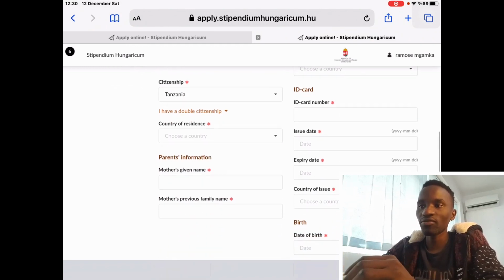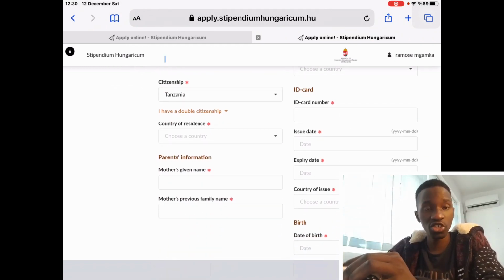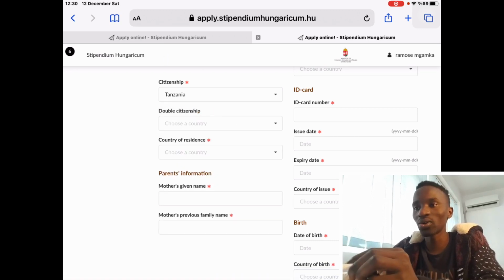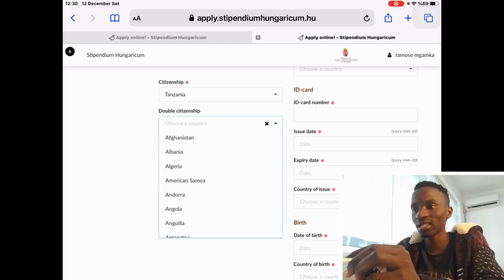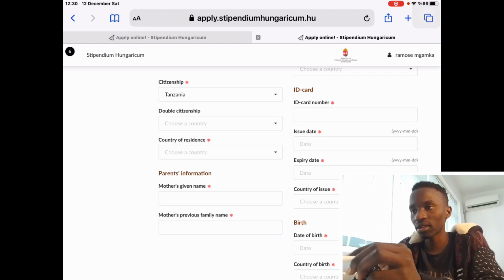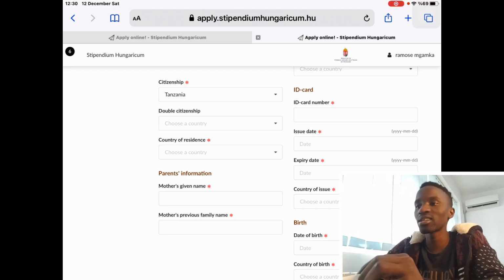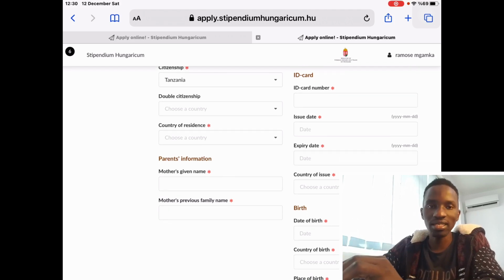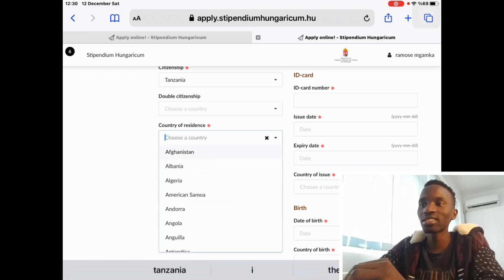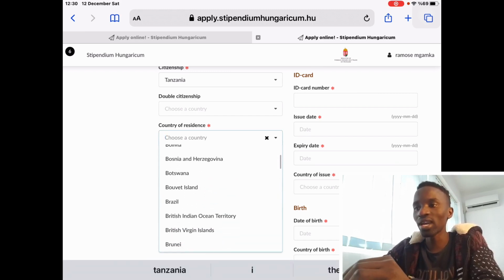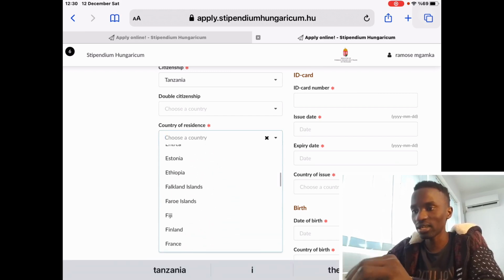Citizenship, they have already chosen for you. If you have dual citizenship, you can click there and add the second citizenship. But for me, I don't have it, and it's not mandatory. The other mandatory one is country of residence, where do you reside, where do you live exactly,